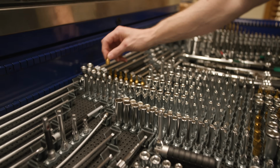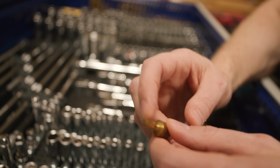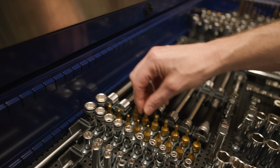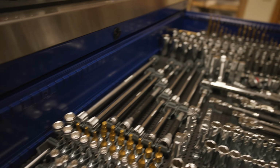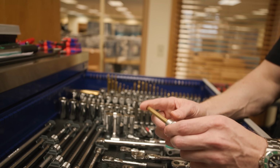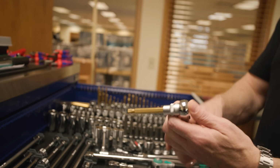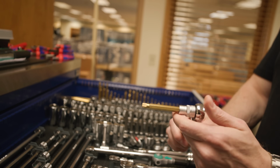The Hazet stuff I think is far superior with their tie coating on the specialized type of Torx and Allen style or hex style drive type sockets, triple square stuff. The Hazet fit really nicely on the Koken ratchets, but I think that their style is